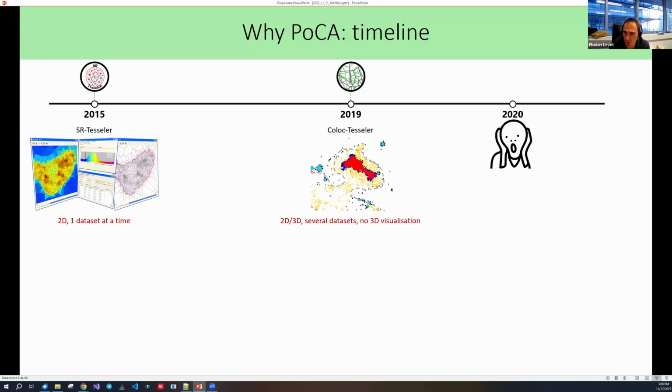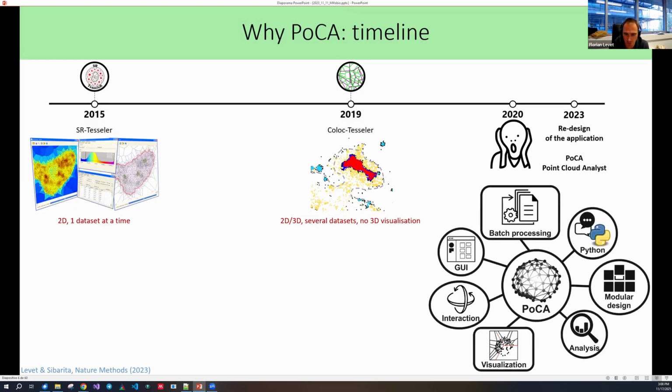And at some point in 2020, it really began to be a nightmare for me to develop with this legacy software, because it was not really well thought out at an architecture level for me to manage new development. So in 2023, I redesigned the application. All the software that I have done, I redid from scratch